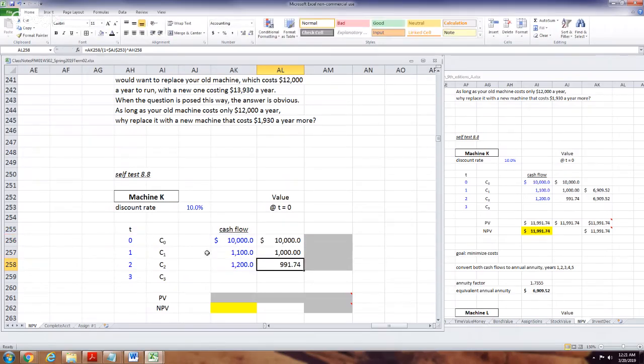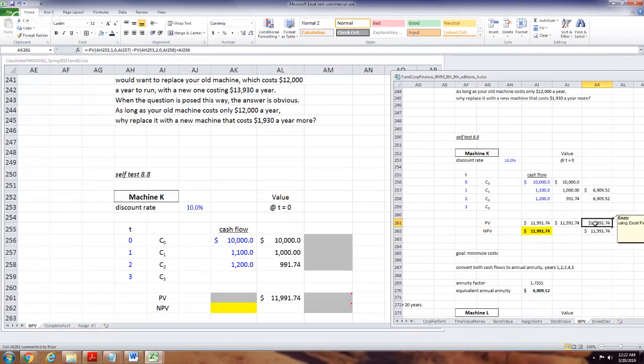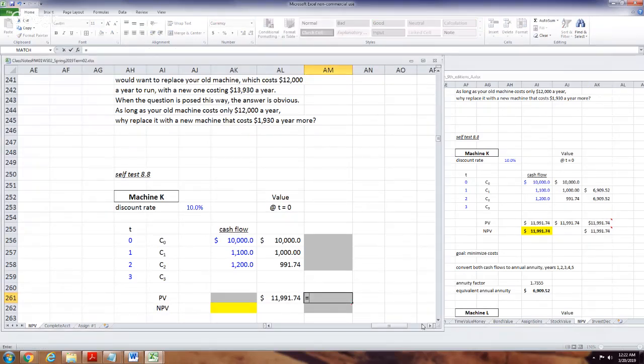Okay, get all that. I'm going to sum all this. 11,971, 999, 91 equals negative PV. This one, oops, a rate. Let's just remind ourselves how we did it here. Yeah, we had to do them all because they're all different. We had to do it that way. 10% a year. Zero payment. 1,100.